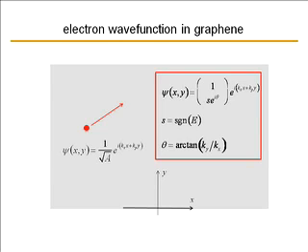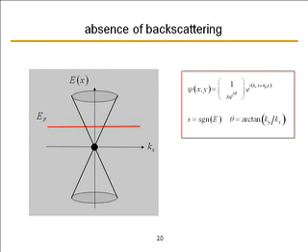It's got this plane wave part, but of the 2 components, we'll write one as just 1, and the other one is s times e to the i theta. So s is positive if you're in the conduction band, negative if you're in the valence band, and the phase is determined by the angle that k makes in the xy plane. So that's theta. So this leads to something very remarkable that was first noticed for carbon nanotubes, which are purely one-dimensional, but that plays a role in graphene too. So if I think about an electron, say, that comes in incident along the kx axis,